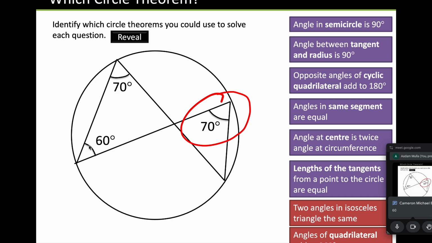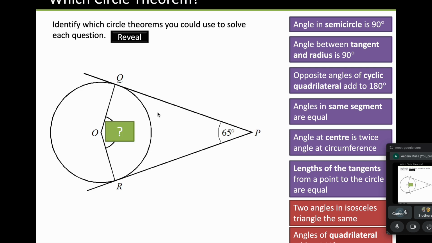No, it's not 60. The 60 would be this one down here. This one at the bottom would be 60. That would be 70. Obviously, if you worked out angles in a triangle, you could find that angle. You could find that angle. You could also find that angle using straight lines. But yeah, that would be 70. This next one,